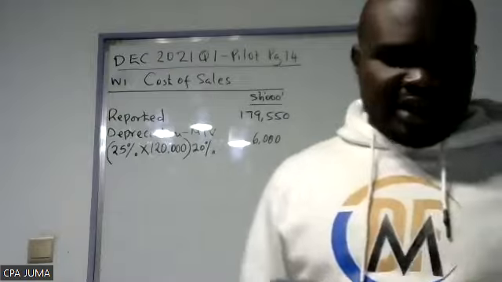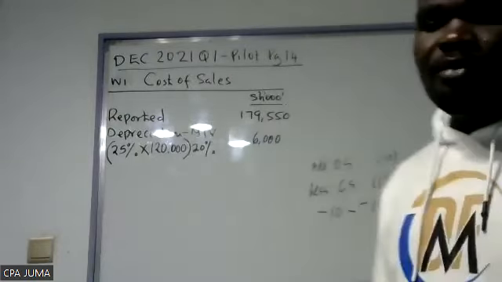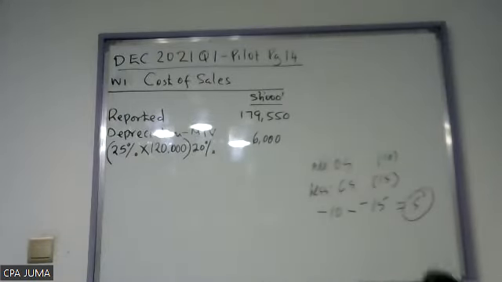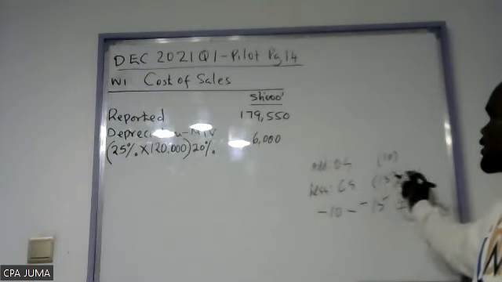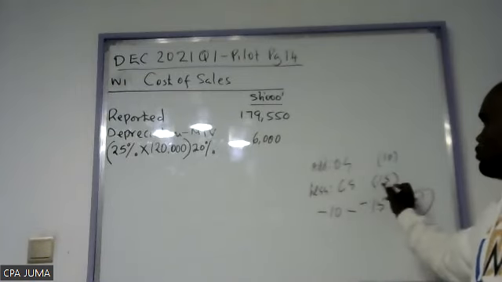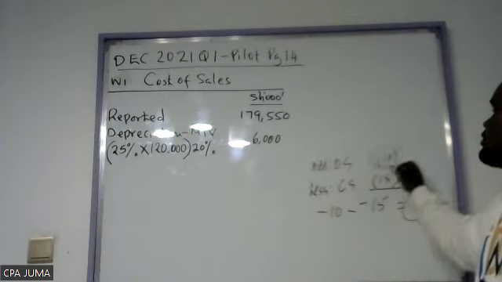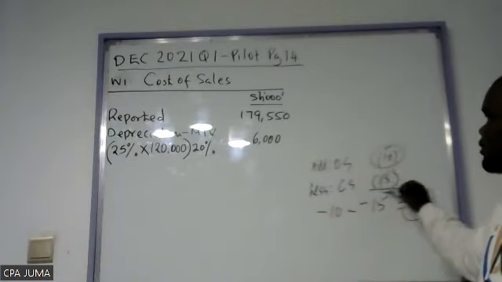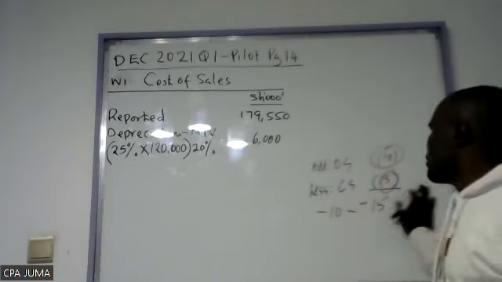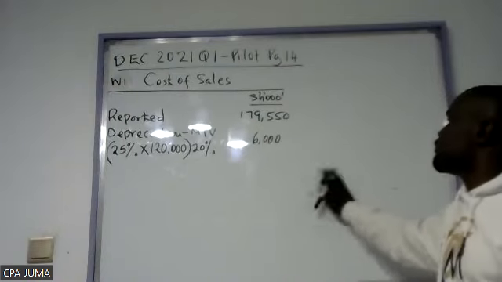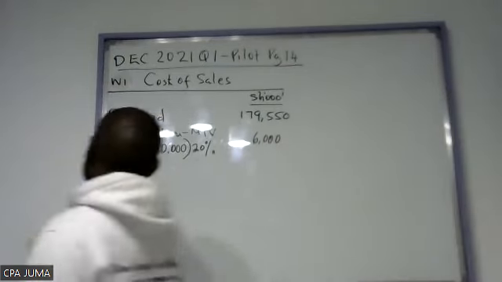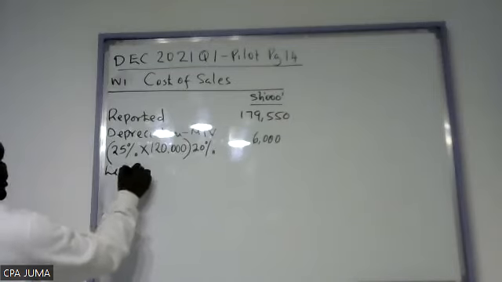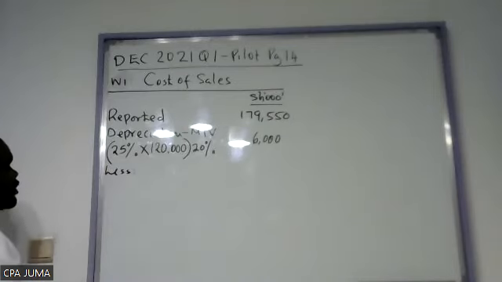So in the cost of sales, the net effect will be understatement of 5 because closing understated by 15, this one understated by 10. So the net understatement should be 5. So you come here and say less, you need to subtract less